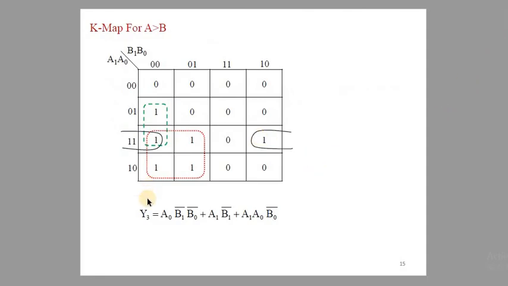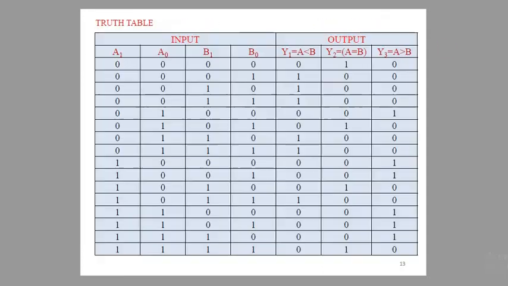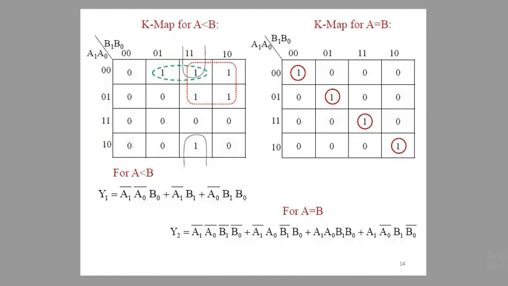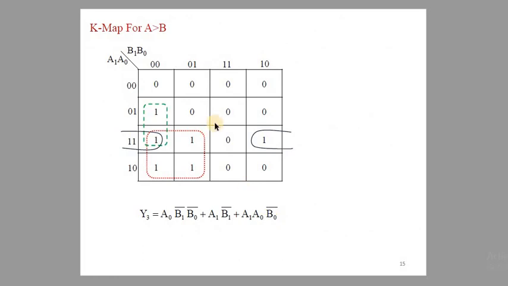Okay, the next is Y3. Y3 is equal to, see, check into the truth table: 0 1 0 0, for that 1 is given; 1 1 0 0, for that 1 is given; 1 1 0 1, 1 is given; 1 0 0 0, 1 is there; 1 0 0 1, 1 is there; 1 1 1 0, 1 is there. Whatever is available in that truth table is put into the K-map pattern. Therefore, then make the grouping.